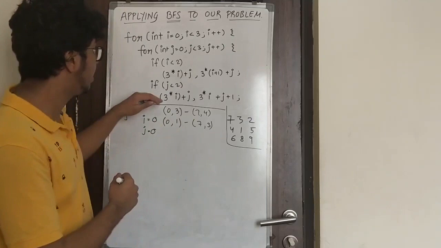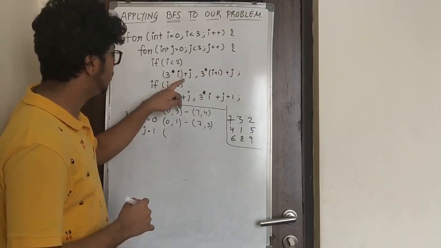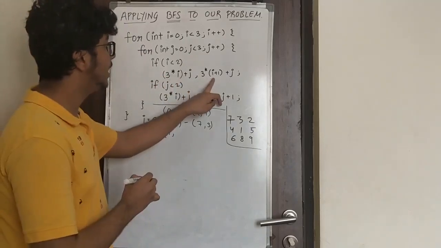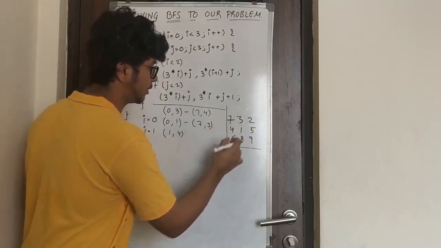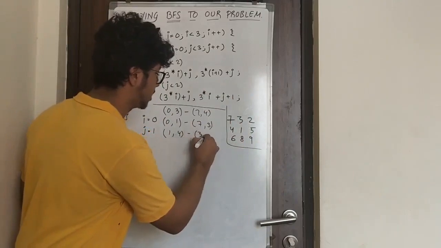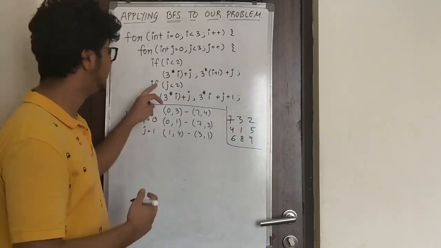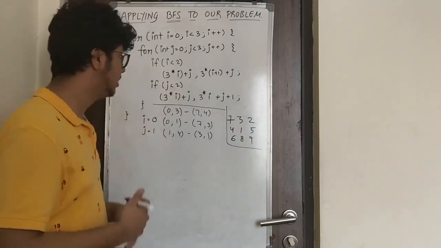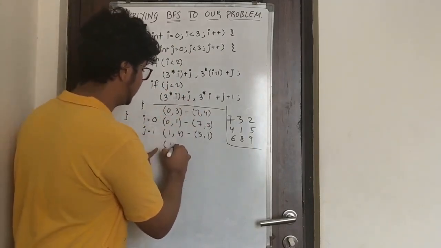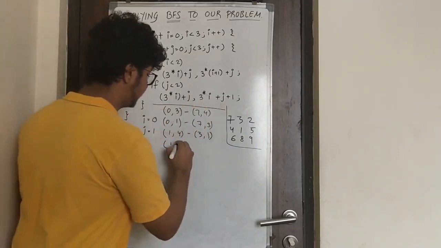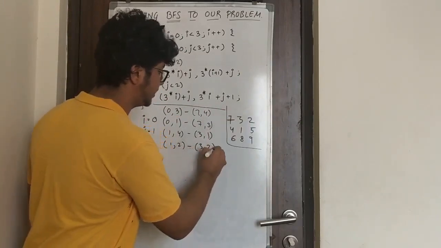Moving forward, now this completes. My j turns out to be 1. And again, 3 into 0 plus 1 gives me 1. 3 into 1 plus 1 gives me 4. And 0, 1, 2, 3, 4. So 3 and 1 over here. Again, this condition is satisfied. And we'll see why this if j less than 2 and if i less than 2 is written. Let's move forward. So 1 and 4. Over here, 3 zeros are 0 plus 1 gives me 1. 3 zeros are 0 plus 1 gives me 2. And again, that is correct because 0, 1, 2, 3 and 2 are adjacent elements.